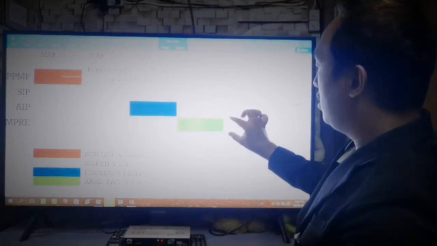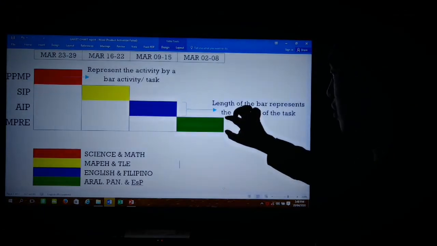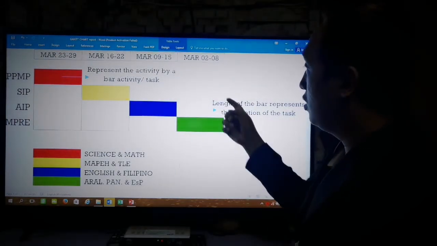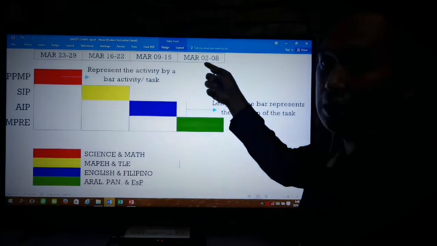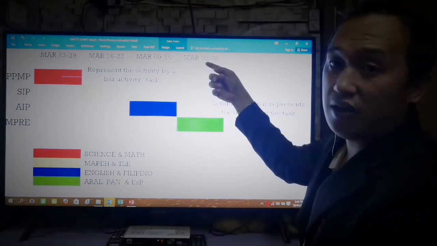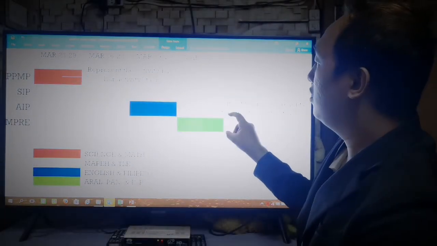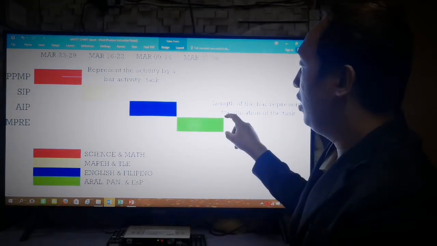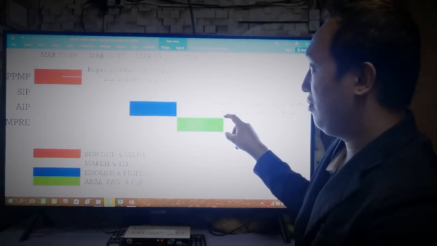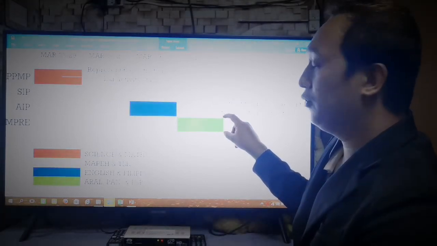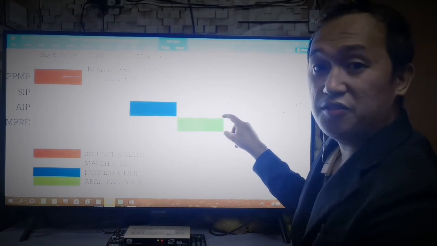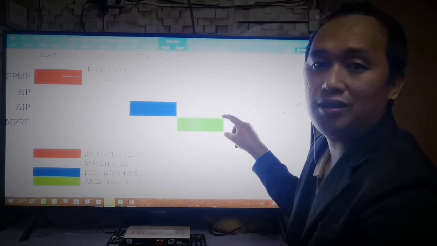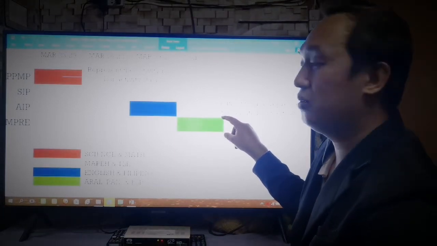And by the way, the length of the bar represents the duration of the task. Since I have provided the target dates or the time frame for March 2 to 8, their target is to make the entry within 5 days. Within 5 days. This one. After making the entry within 5 days, because it is a collaborative effort of the Araling Panlipunan and ESP department,